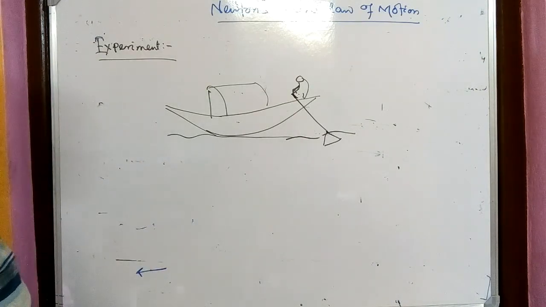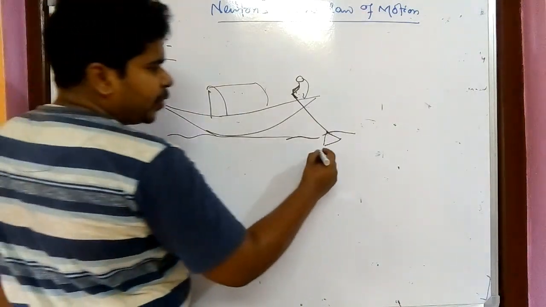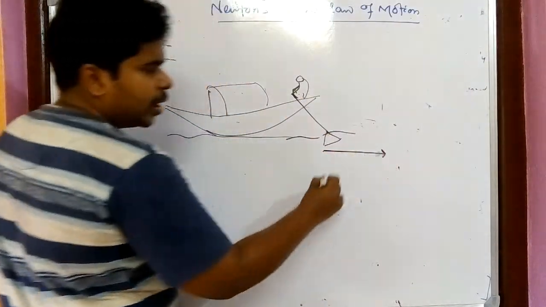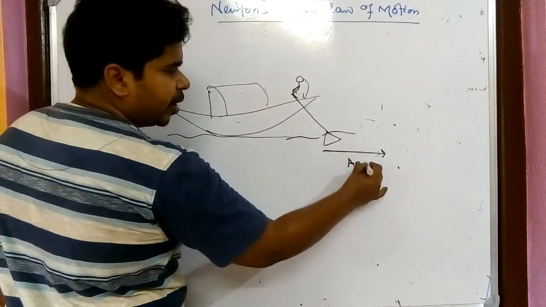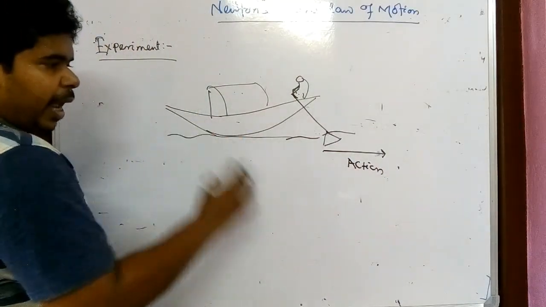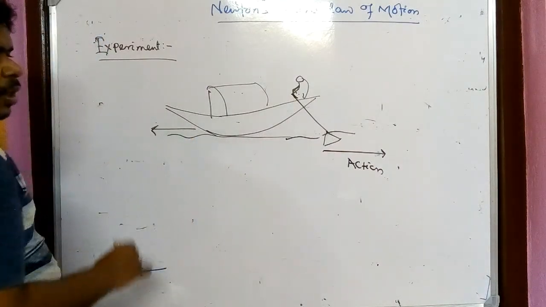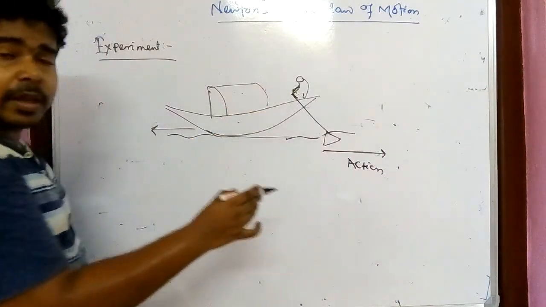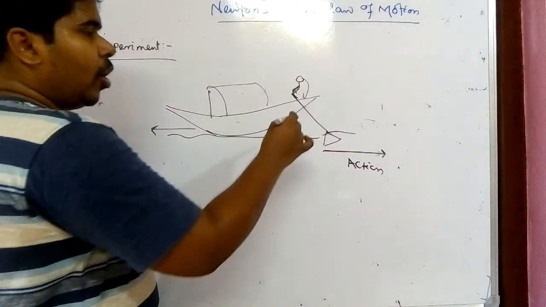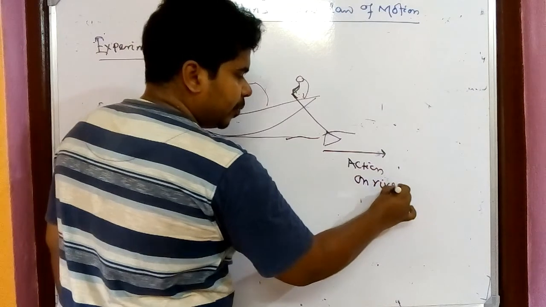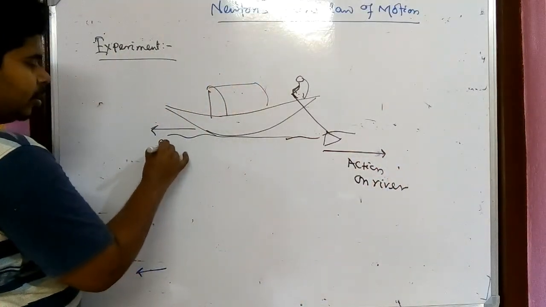How is it possible? Now assume the action with the help of the oar is done in this direction, then the reaction is applied by the water to the boat. You are applying force, that is, you are doing an action on the river, so action on the river and reaction